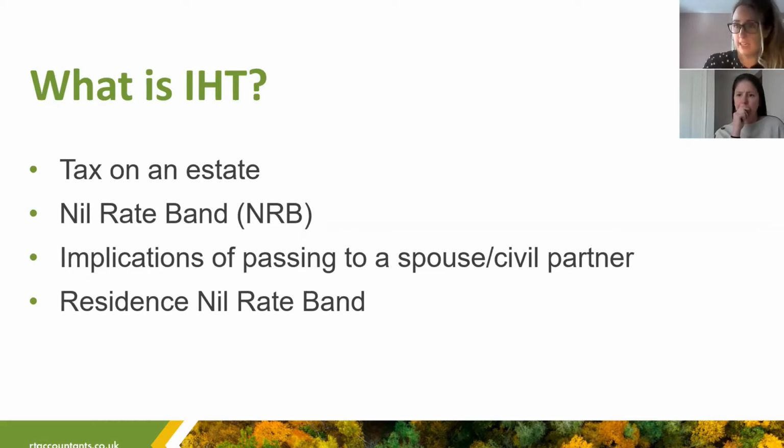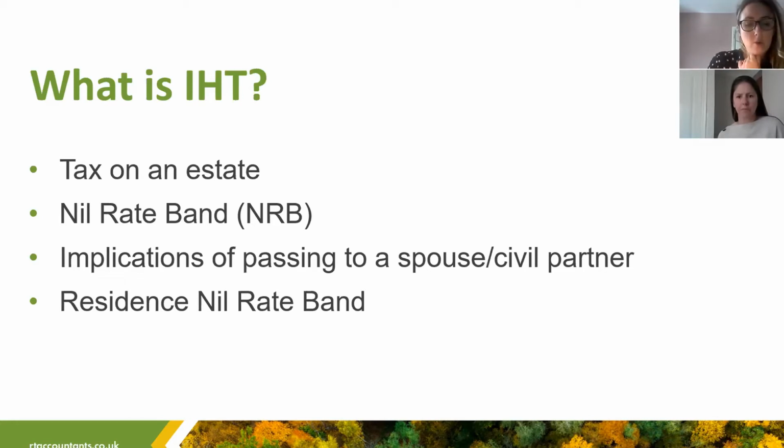If you are passing your entire estate or some of your estate to a spouse or a civil partner, there will be no inheritance tax on the estate if it's the full estate or whatever assets you are passing to them. So no matter the value, if that's over 325,000, all going to the spouse or partner, no inheritance tax to pay, and you don't need to use your nil rate band.